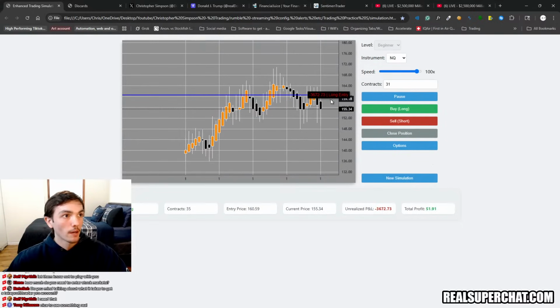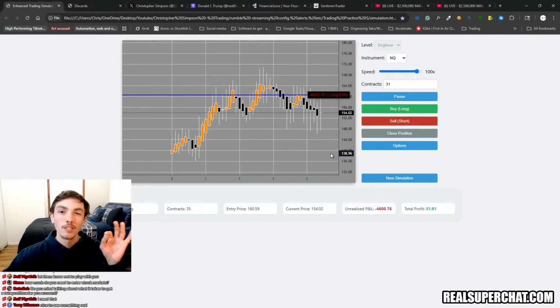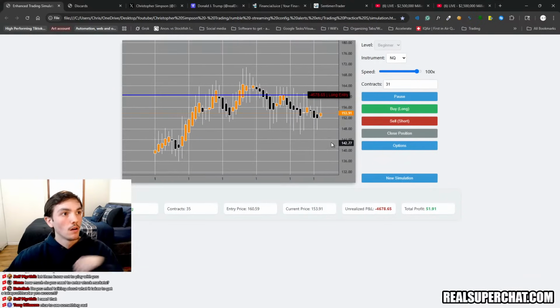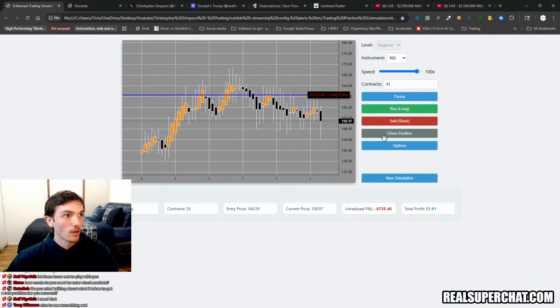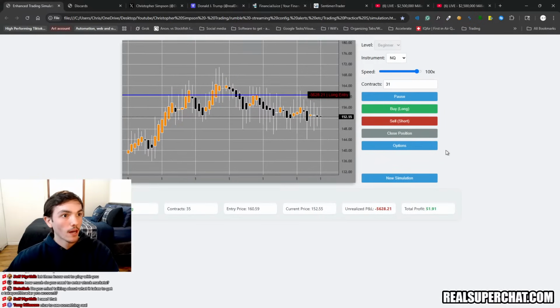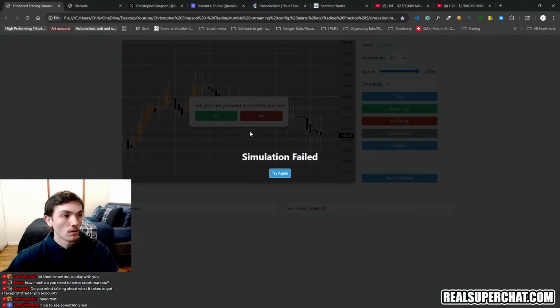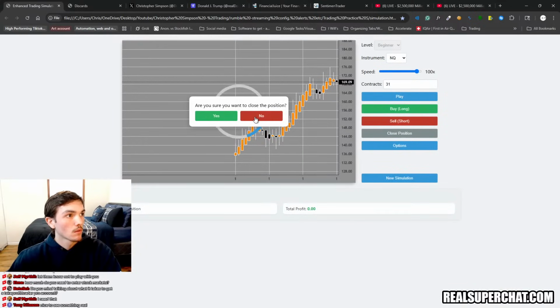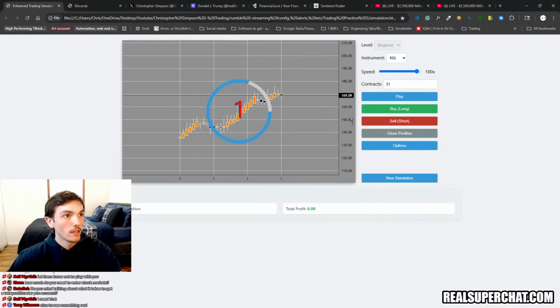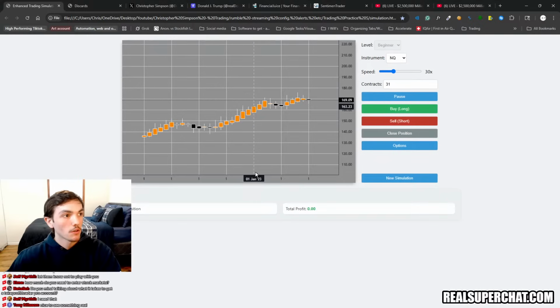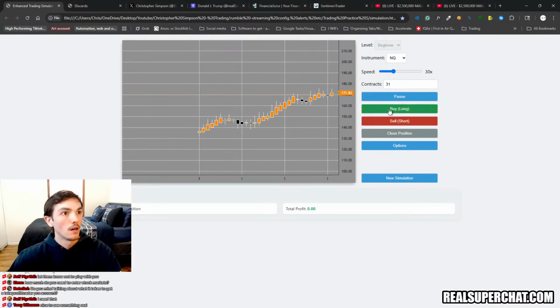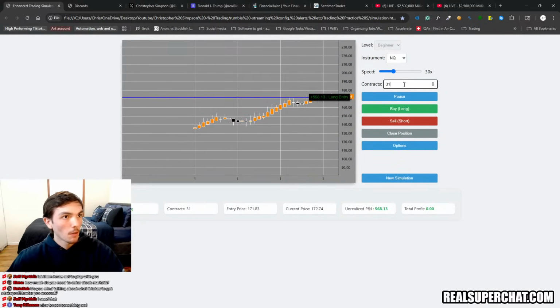And then let's let this play. Minus 10K. It'll eventually automatically liquidate you, but I don't have that logic coded yet. If this goes negative 10K, I'll close it and you'll see. Hold on. And simulation failed. So it failed because the data in the chart went to the end before you reached the target profit and stop loss. So there's a couple glitches to work out. It's still not even beta. It's not released to you guys yet. It's not in beta, but it's coming along very quick.